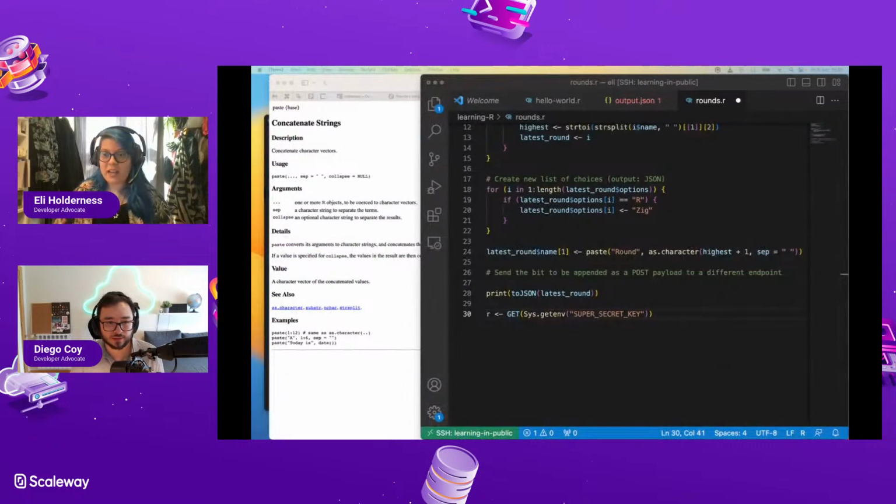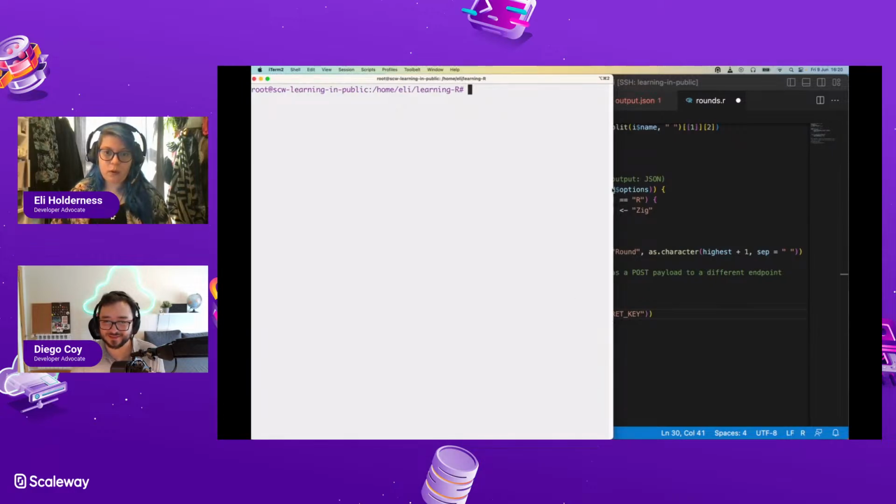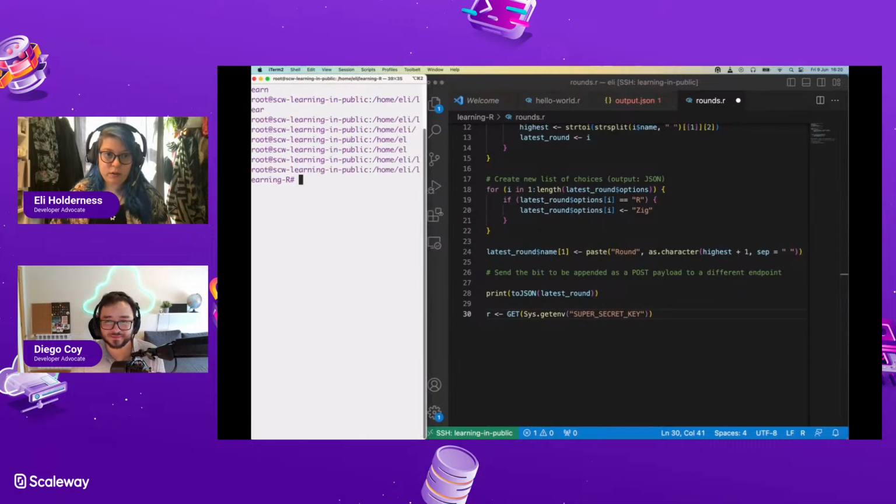Cool. I've taken my terminal off this so that I can export my super secret key. Oh yeah, it's super secret. Because again, I've been chopping and changing sessions, and I didn't put any of this into Bash RC or anything like that, so it's all just all over the place. Cool, and clear. Right, here we go. So now I have a payload.